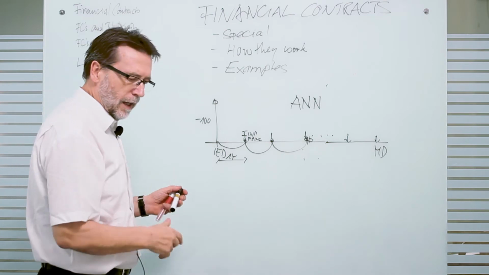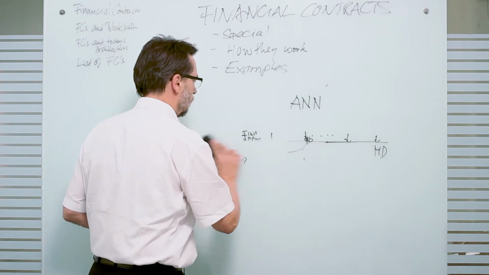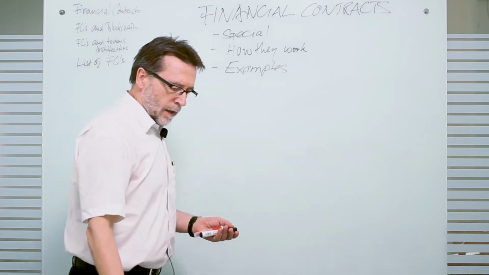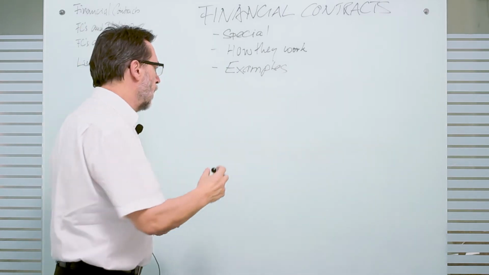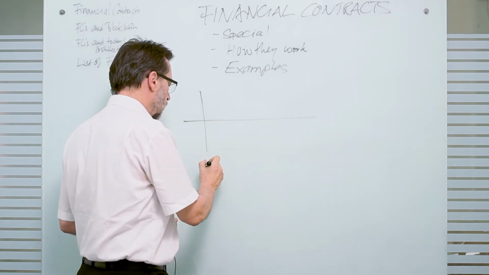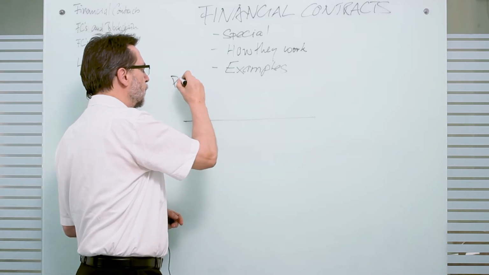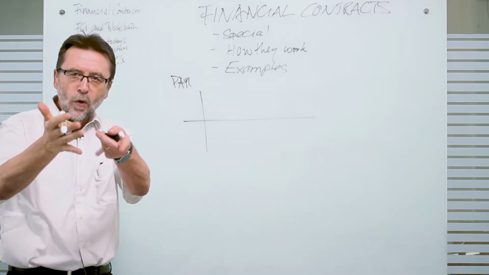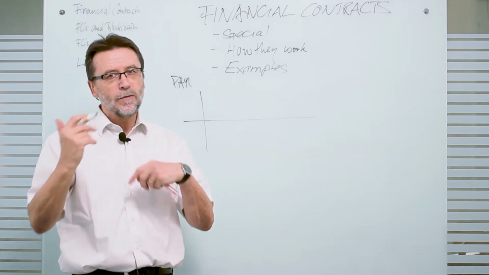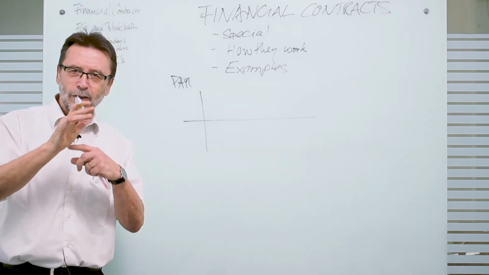Or if you want to take as a last example, let's say a swap. A swap, a plain vanilla swap, is basically you exchange at a certain date 2 contracts at the same time. Actually 2 PAMs. We had already before the PAM, but I give you a loan and you give me a loan at the same time. I give you a loan of 100 and you give me a loan of 100. So you wonder, why do we do that? Because they are slightly different, the 2 loans.